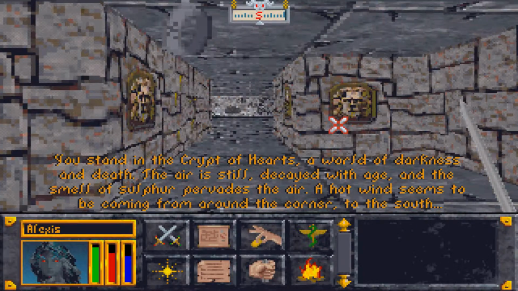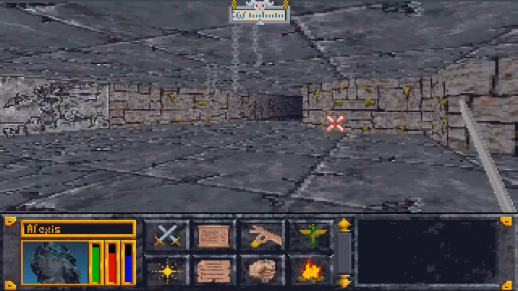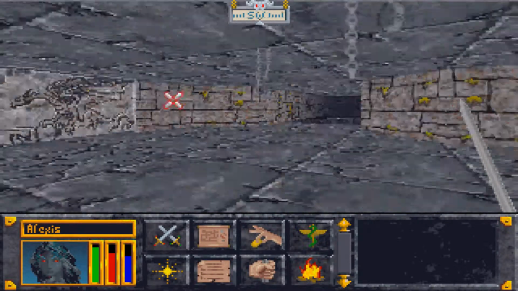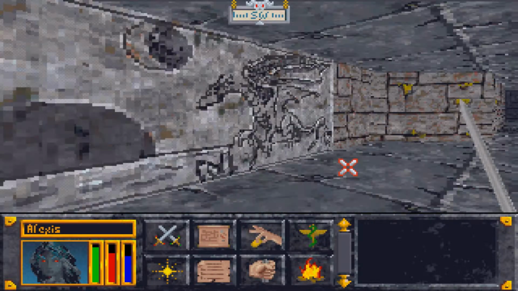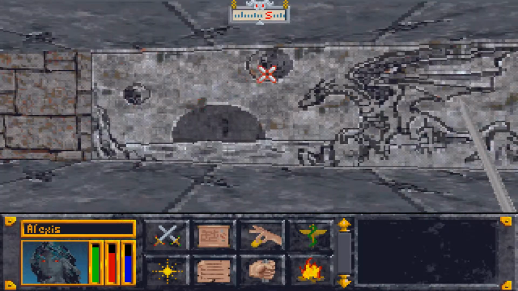Alright, so last time we went ahead and did some stuff in town. We managed to get the map and discover the location of the Crypt of Hearts, which is where we are now. What is this? There's a dragon and 2 moons of...